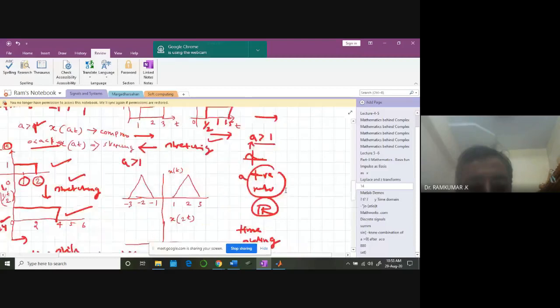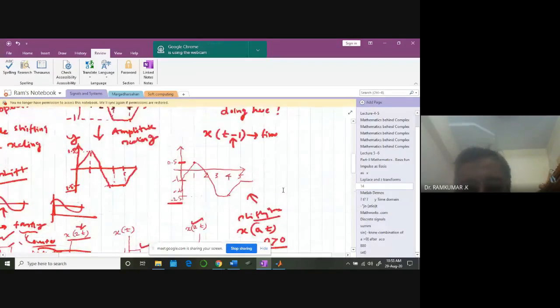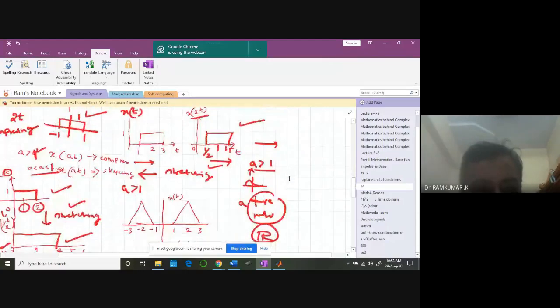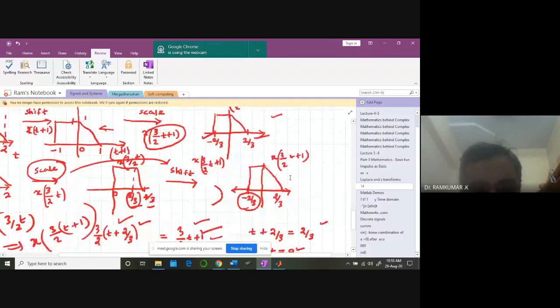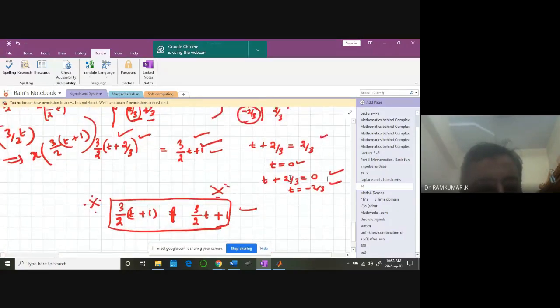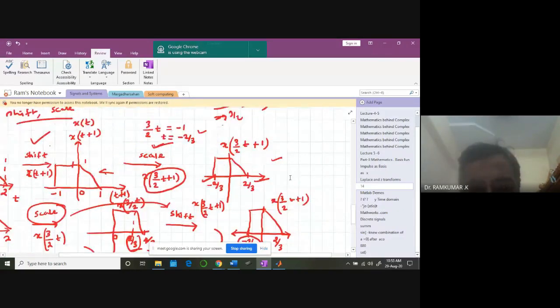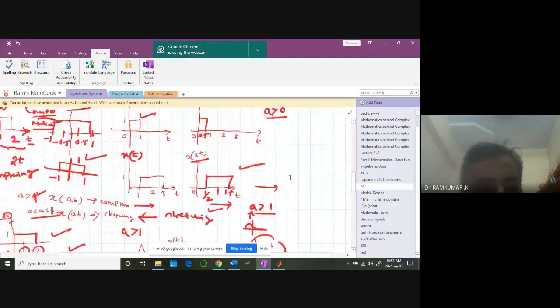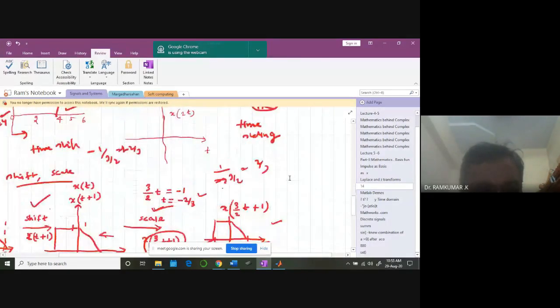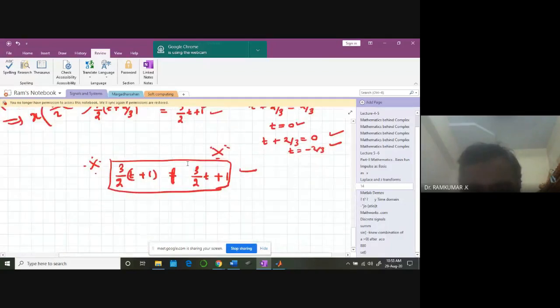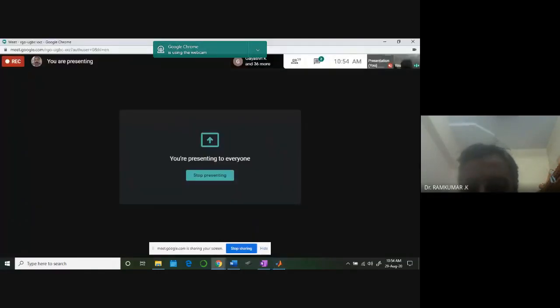Next class we'll take up some examples and see. So far, any doubts on this? Anywhere you find any difficulty? Do you want me to repeat something? These are all basics which you might have learned earlier, but anyway, I'm spending some time to think deeply and understand what's really happening. Okay, there are no doubts. I'll stop here.